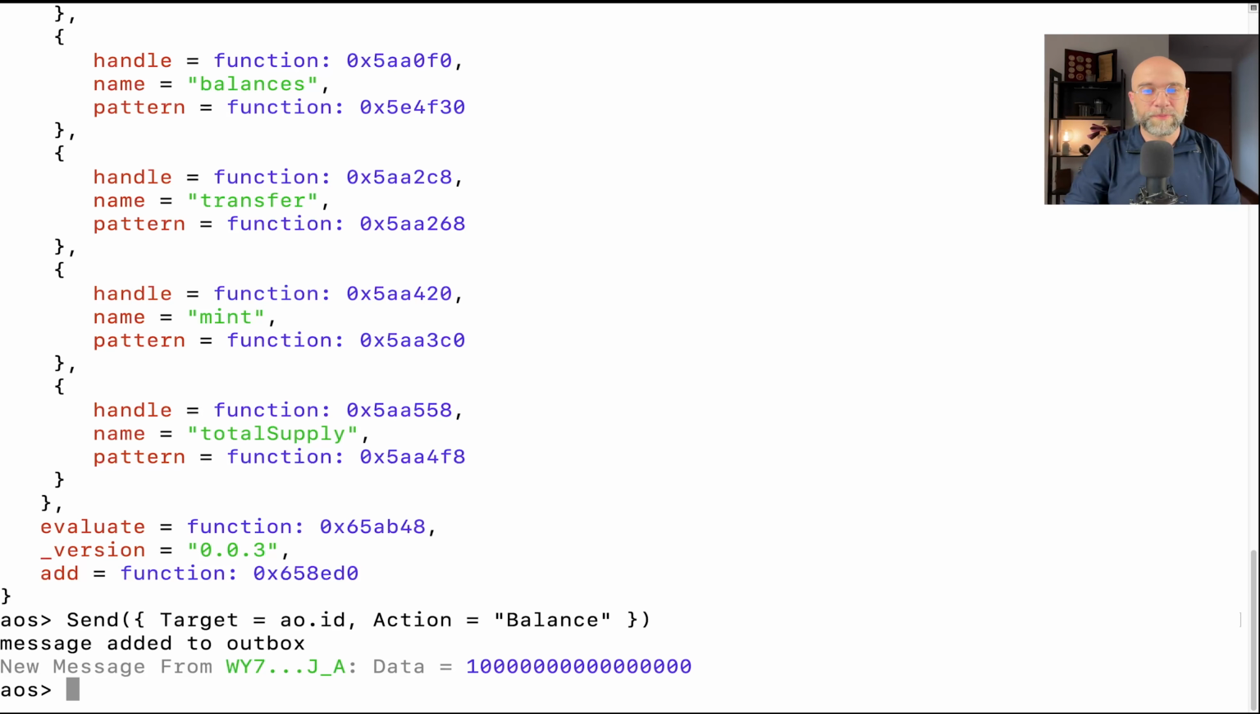And so from here, I can actually take that balance and be able to transfer it to another person or to a certain amount. So let's go ahead and see what that looks like. So I want to say send target AO.ID action equals transfer. Now I'm going to have a person to transfer to. How am I going to transfer that? So I say recipient